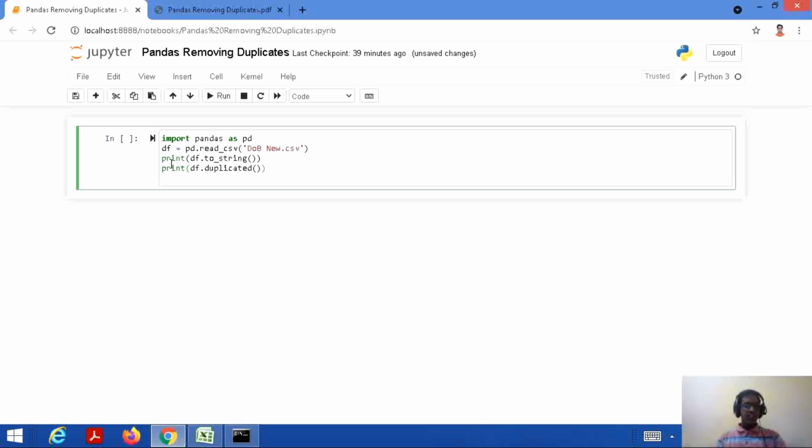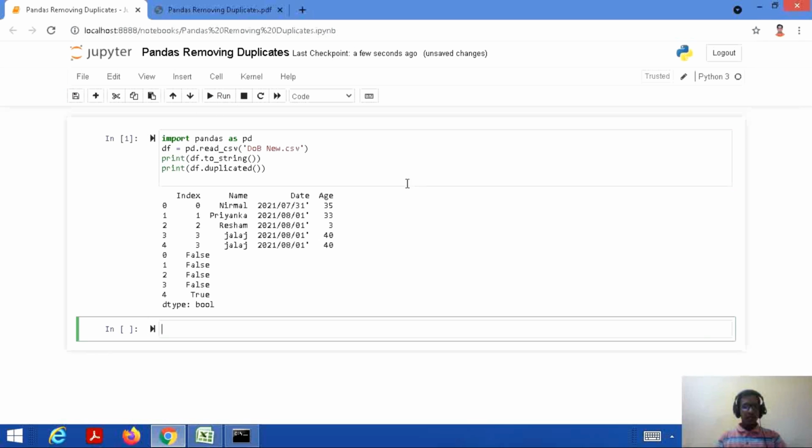In the next step, I am printing the value of the data frame, that is df.to_string, and after that I am printing the values for duplicates, that is print df.duplicated. So let's save this code and run it. Alright, so here it is.